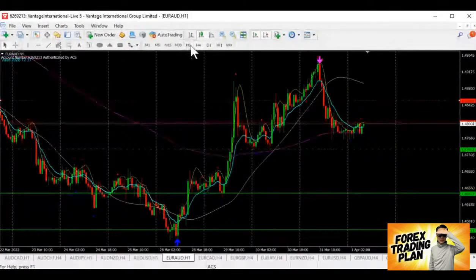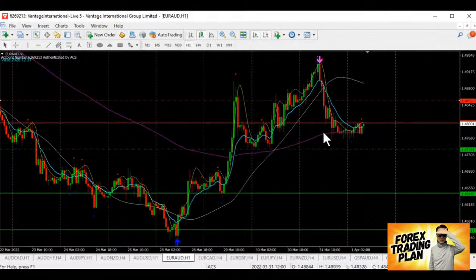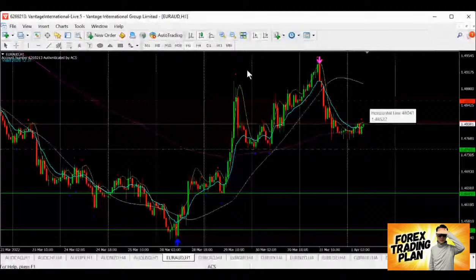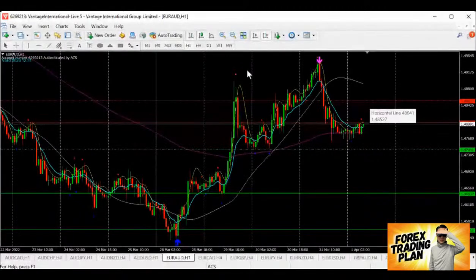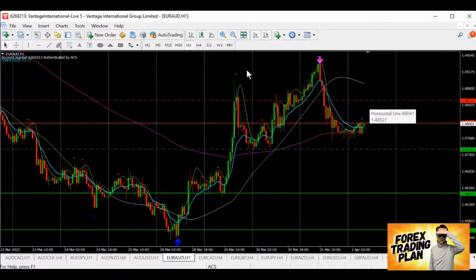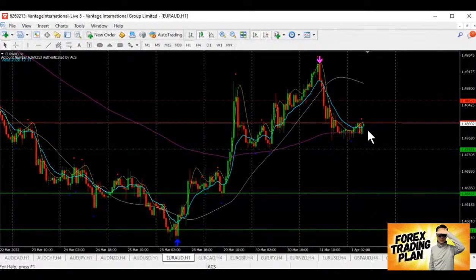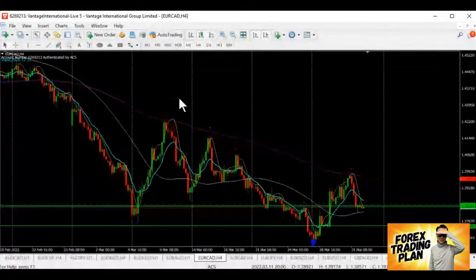So when it comes for a head and shoulder, very likely it will go down for more. Tentatively, I would say that this is the resistance that Euro Aussie should be looking at. If it really comes to this area without breaking, then we will be looking out for a head and shoulder pattern to trade. So Euro Aussie, we have about 50 pips to move. So I'm not going to put this into my list. It's going to be a long wait.